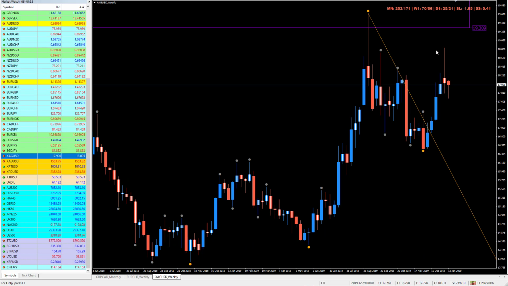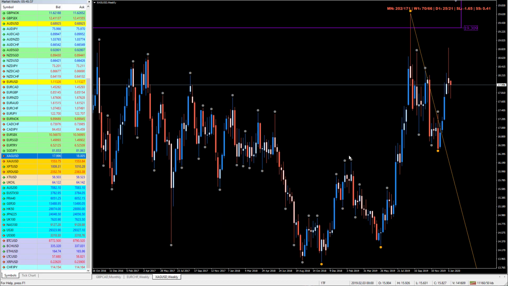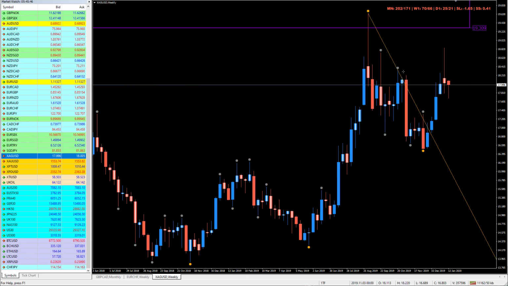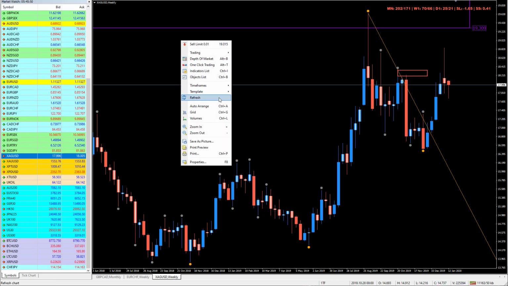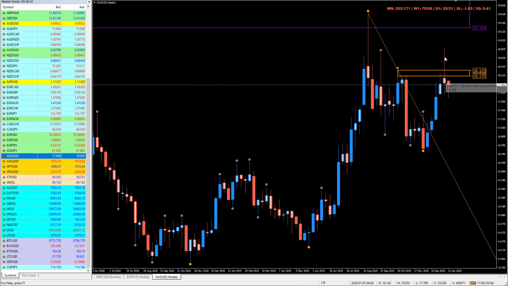So looking here, what do we have? We have this area of supply, which was removed. Here, the origin of this move is down here. So this is the one. And looking at this one, this was in the range of this. These are not. This kind of closed above that. So the entry would be here,